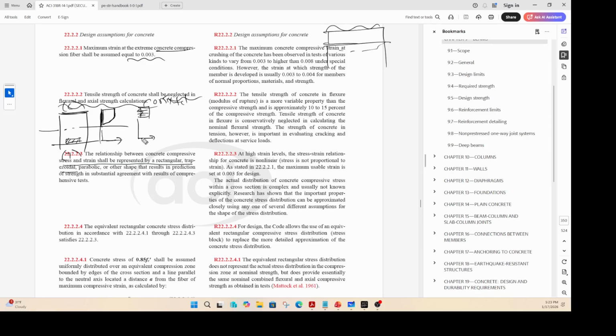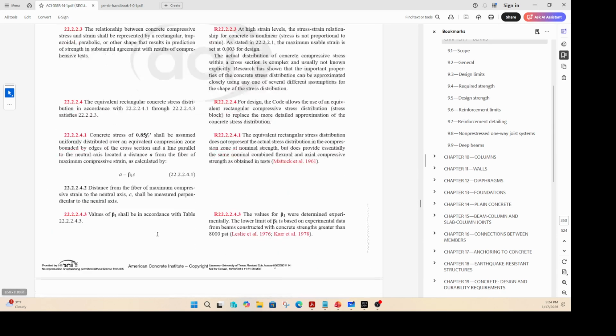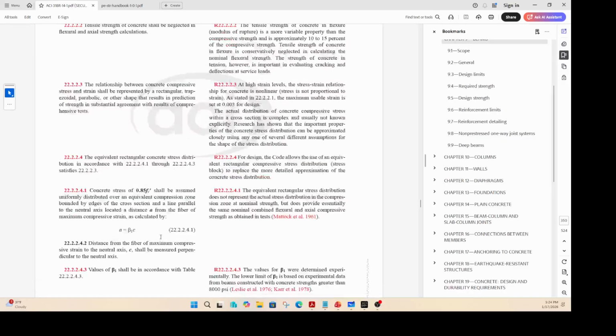And then using these assumptions, this one, that assumption, rectangular stress block, or an equivalent stress distribution here. Equivalent stress block is this one. So this part is talking about this stress distribution here, and this part is talking about an equivalent stress distribution, which is that one there. Okay, and that's why you see the 0.85 f'c. So that based on that, you calculate your